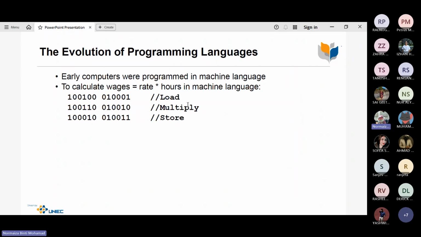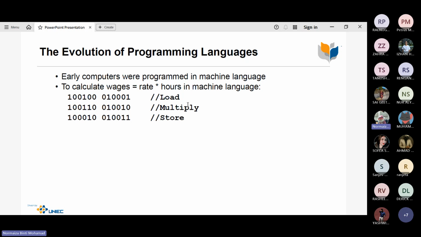Computers were programmed in machine language, just like I said just now. So, for example, here to calculate wages equals rate times hours in machine language. First, to load, these are the codes 100, 100, 01. That's just to load. And then to multiply,